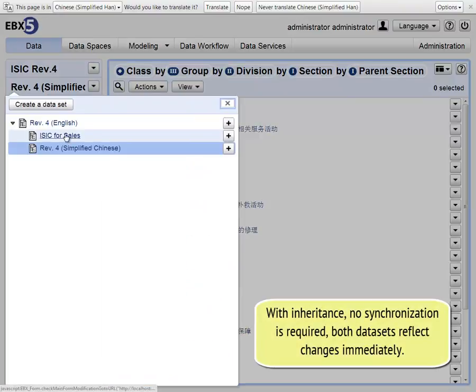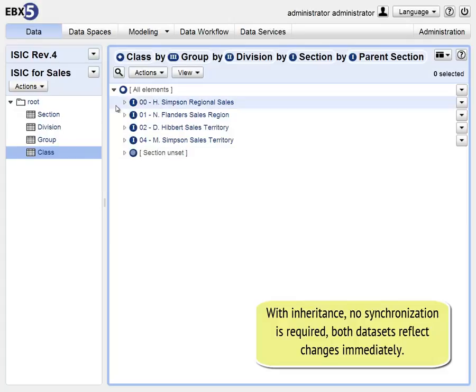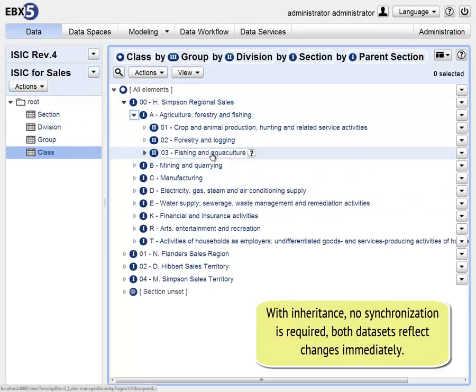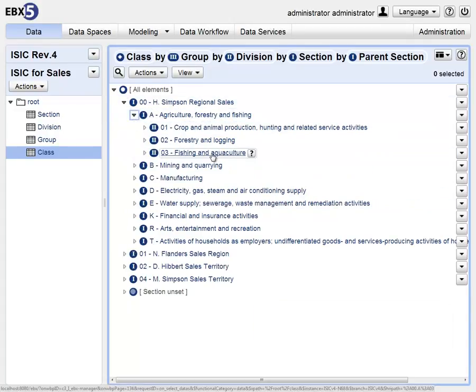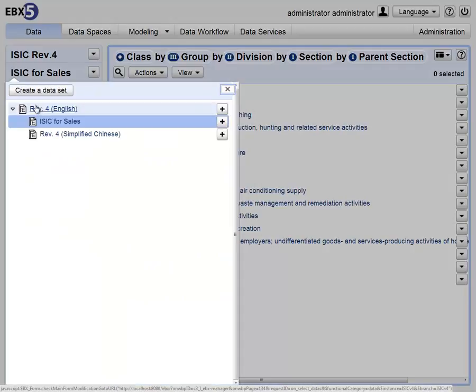My Chinese version and my customized sales version have Version 3 back where it ought to belong under group A, or class A, I should say. So that's part of the value of having these inherited data sets. The idea is that I can customize the labels, I can customize relationships, I can create relationships that better fit my business. But at the same time, for those things that I choose to continue to inherit, those changes made to the parent class, and that's going to be up here in Version 4, will flow through to all the